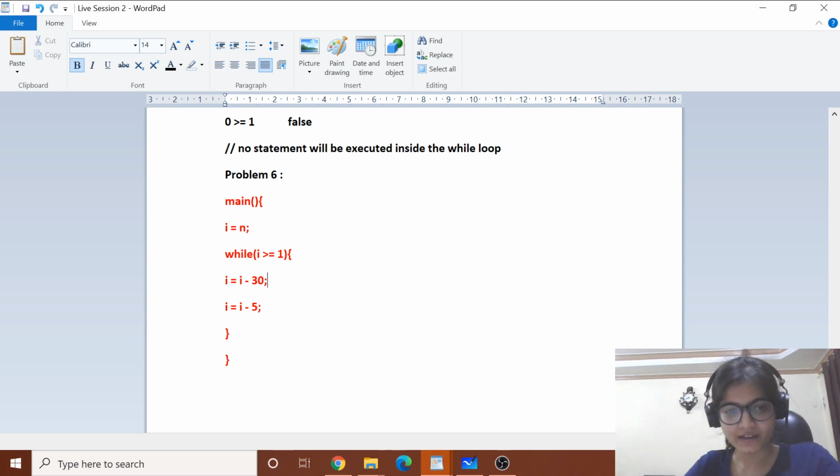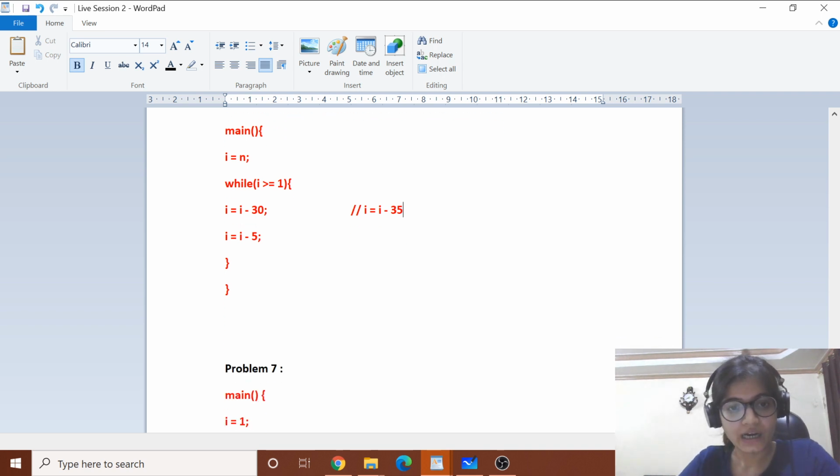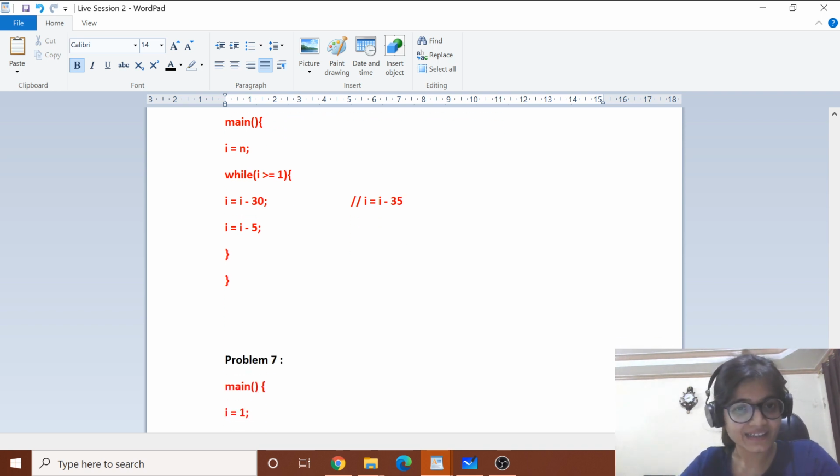If anyone analyzes this program very consciously, we will get to know that these two statements can also be written as one statement, and they want to say only one thing, that the value of I is decremented by 35 only. This is what this statement wants to say to us. So I can say